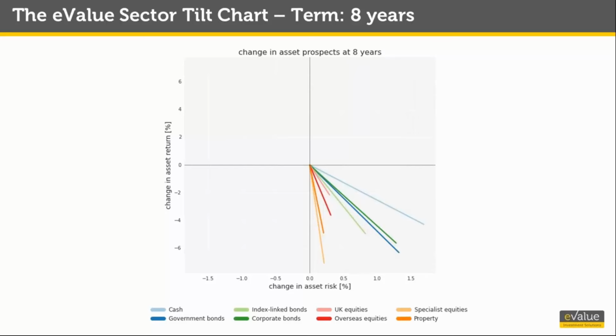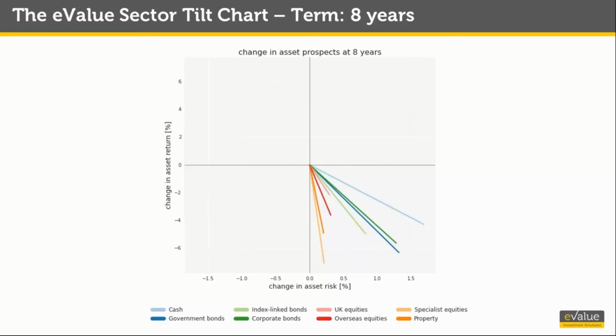The main take-home from the discussion thus far is that prospects have deteriorated over the quarter. Equities are down, and declining rates and lower inflation pressures have depressed fixed income returns. Outputs from our model reflect these observations in the asset returns projections. We will demonstrate these by way of tilt charts. These show the change in asset returns over the quarter at various time horizons.